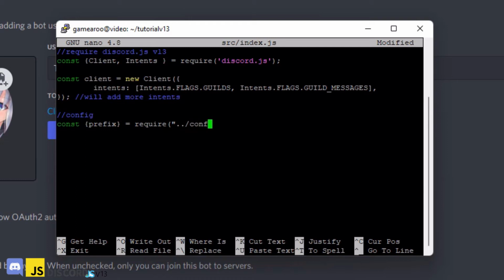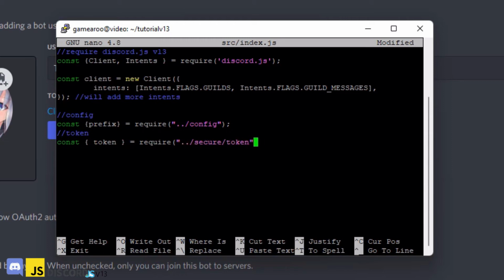So we're going to import the config here. It is important that if you are doing the console version of coding, not VSC or Visual Studio Code or any other way, then you make sure you type it in exact, because it won't tell you where it's located as you're typing. I'm going to put the token now. This is important as well, otherwise the bot can't be logged in. And we're just going to go into the secure file and pull that token